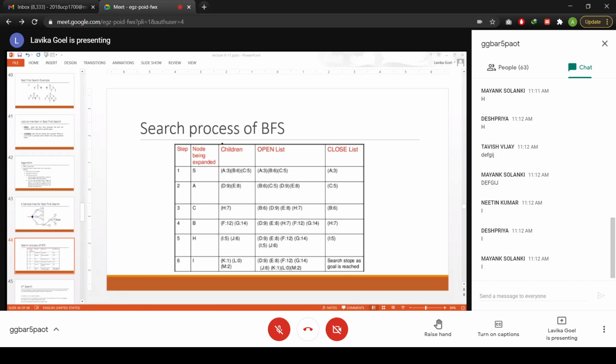Again, you have to choose the best one, which will be the one with the lowest heuristic value. So which one will you select from the open list? L, because L has got a 0 heuristic value. So L is the lowest heuristic value node, so you will select L. A heuristic score of 0 means you are 0 moves away from the goal state. That means you have reached the goal state. That is why your search will stop here.